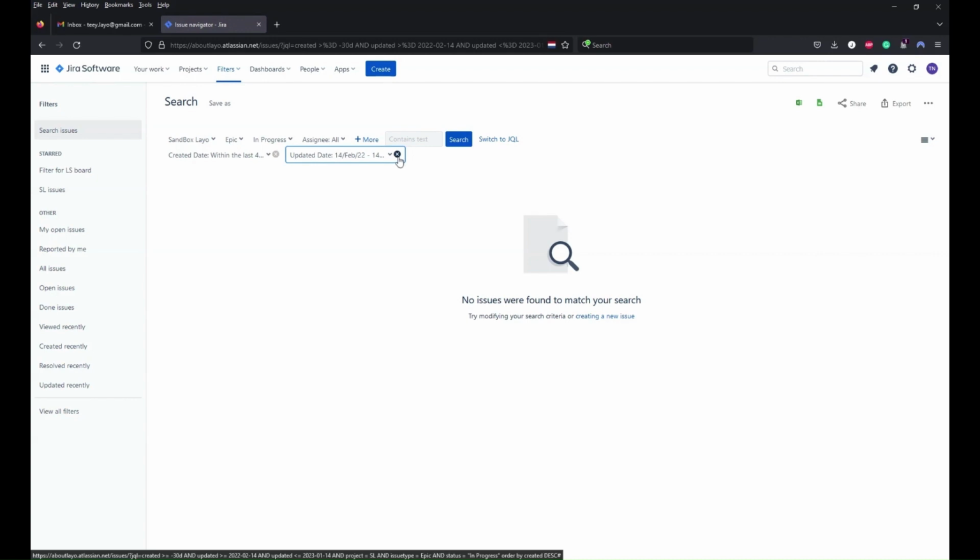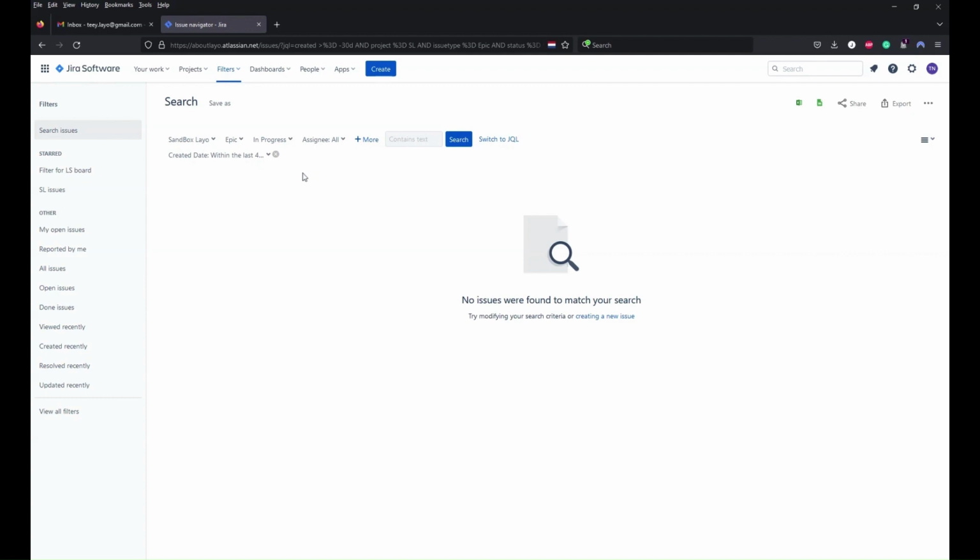So what you can then do is either change the dates, or make sure that the requirements you're looking for are clear enough for you to be able to determine what you want the search engine to bring back for you. So in this case now, I would click on search, and then it looks like I don't have any